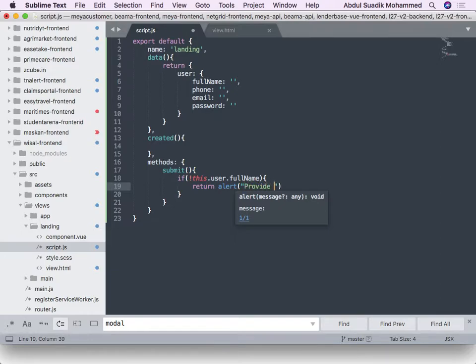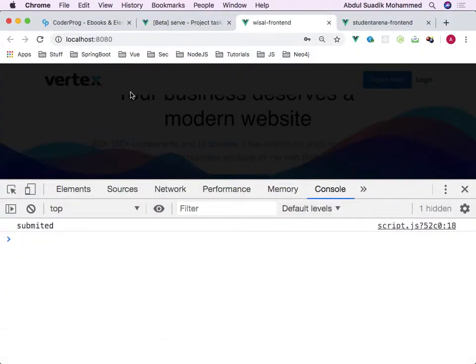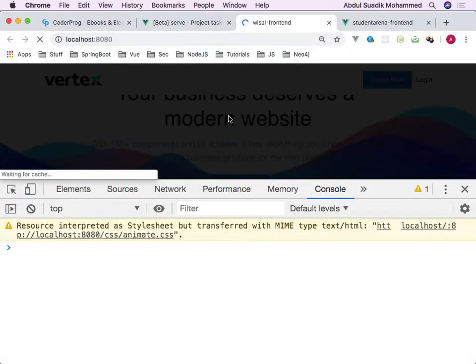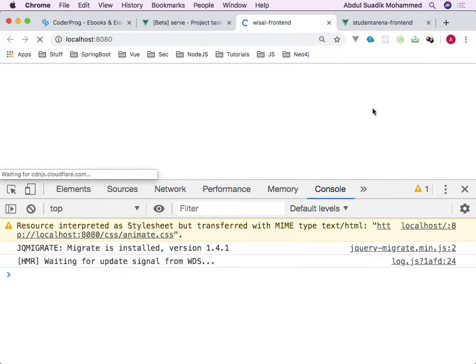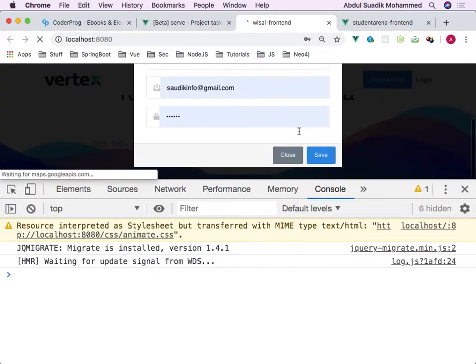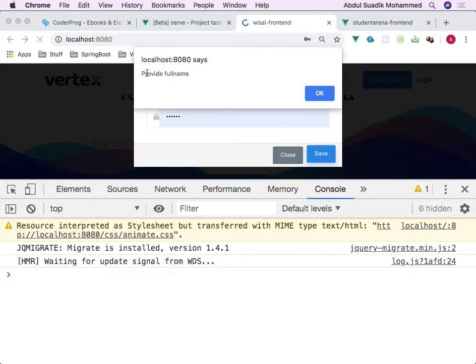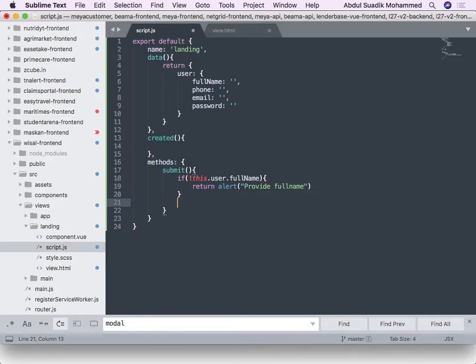So provide full name, right? So let's test that one and see how it works. I think the background, when it reloads, it doesn't close the modal background. So when I do this, you see, provide what? Full name. So we can do the same like this instead of using,